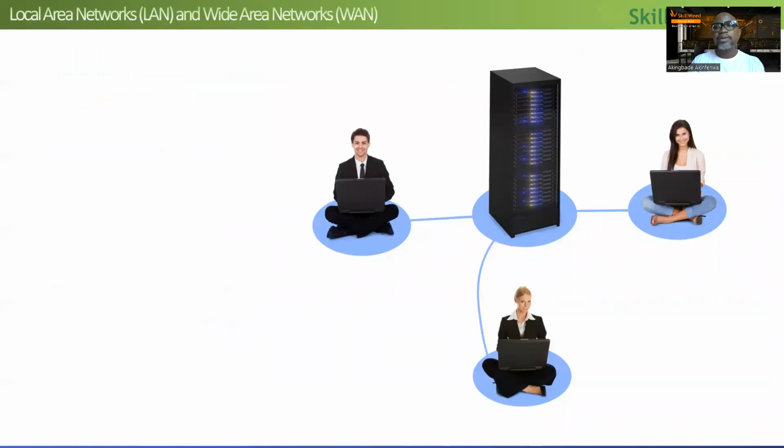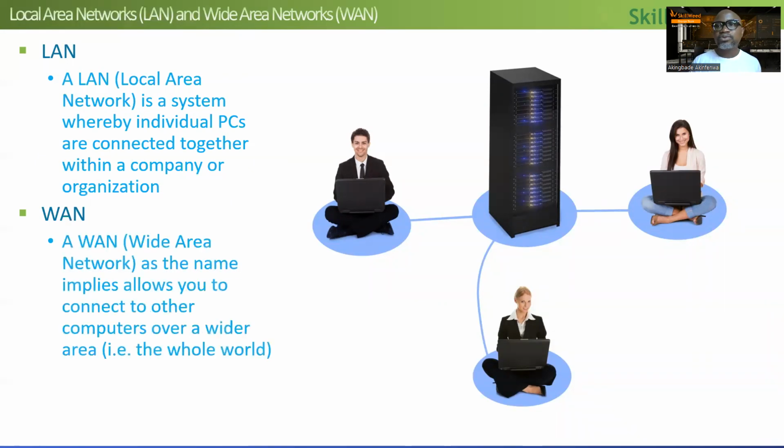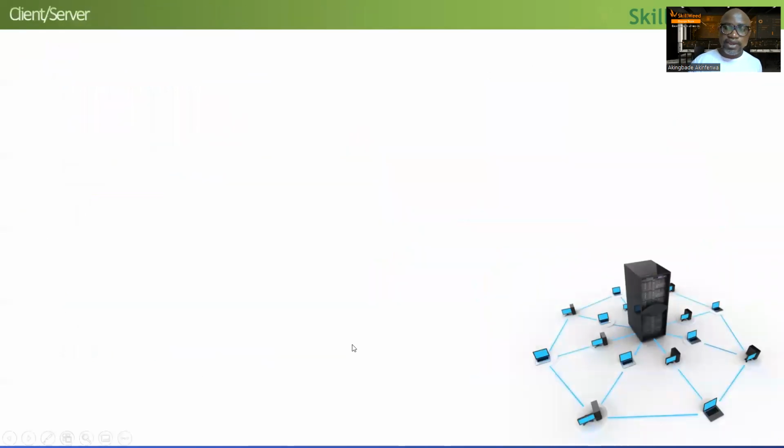Network. In simple terms, a network is the connectivity of multiple devices. So what you will see here is a local area network, which is just devices connected together to a central server. Now, I'm sure all of us have heard of the cloud. That is a different monster. Gone are the days people rely only on their local area network or their wide area network. People now are going into cloud solutions. Somebody will ask me, what is cloud? Cloud is not what we see in the sky. In our world, it's just a data center somewhere, a huge center, similar to what you see in this background.